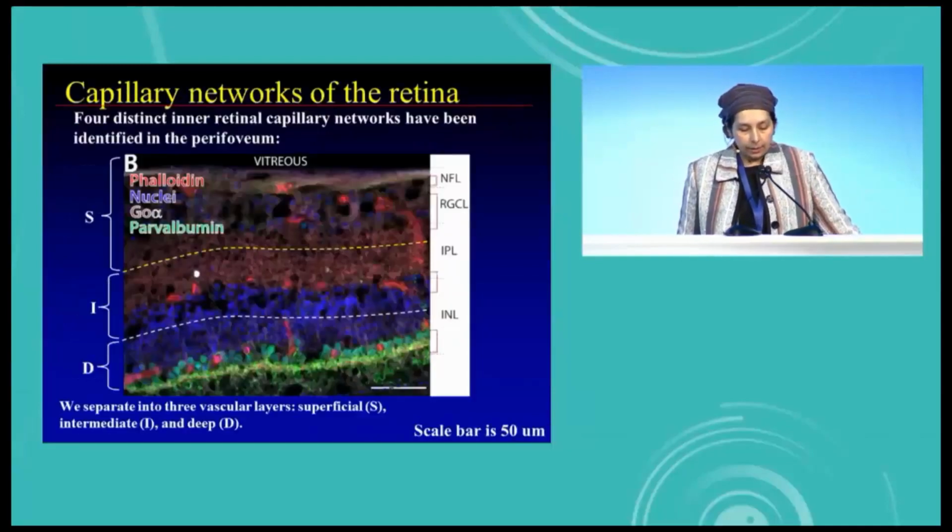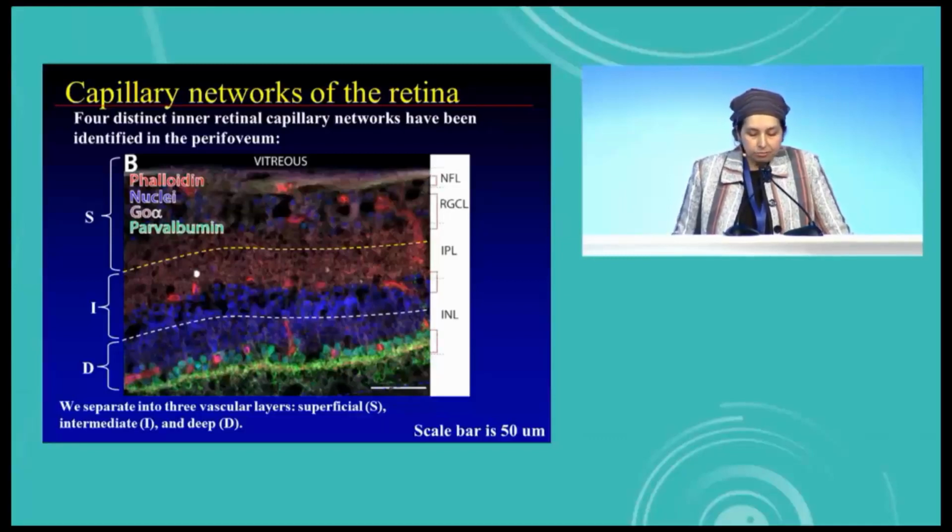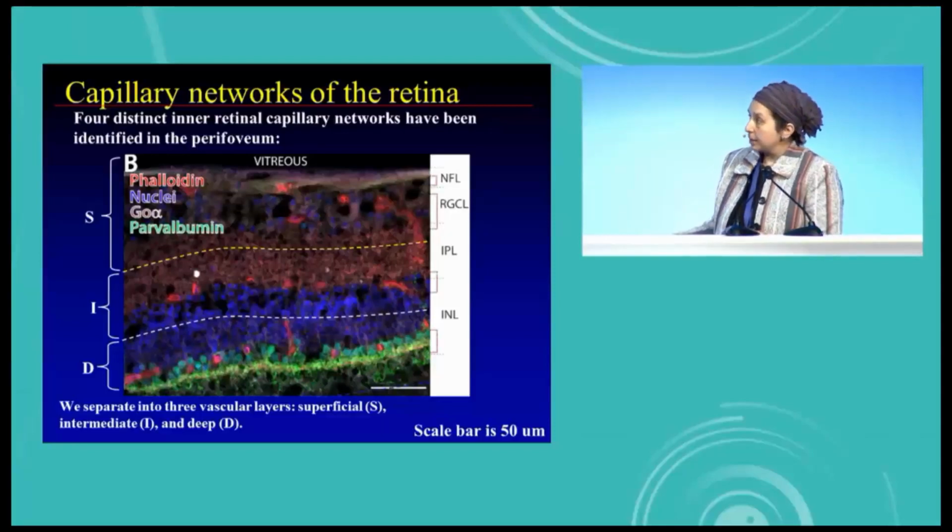And at the end of the day, when you're looking at the macula of a normal subject, you have at least 4 and potentially up to 6 vascular plexuses in this macular area that you're imaging with the OCT angiography. So, you have some remnants of the